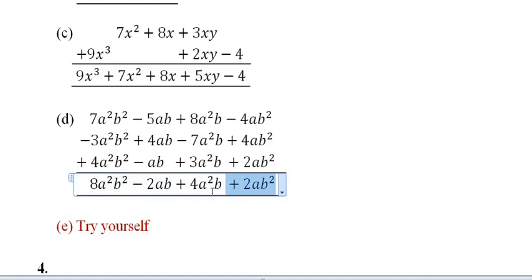And here you can see that there is plus 8a squared b and plus 3a squared b. So 8 plus 3, how much will it be? It will be 11. So plus 11a squared b minus 7a squared b will be plus 4a squared b. Or you can simply do it like this also: 8 minus 7 will be 1, one positive number, so 1 plus 3 will be 4a squared b. You can do it like that also.